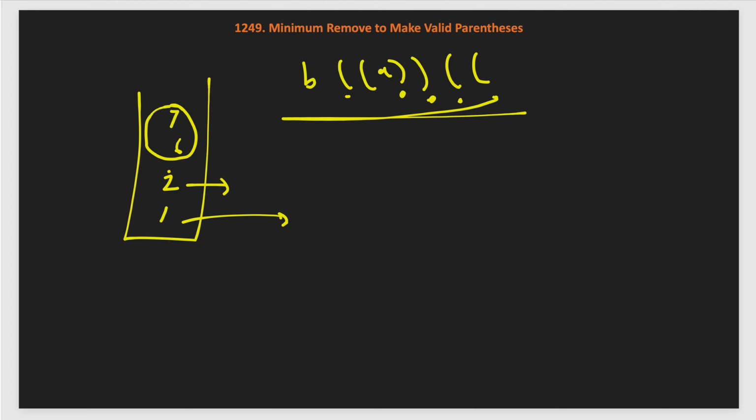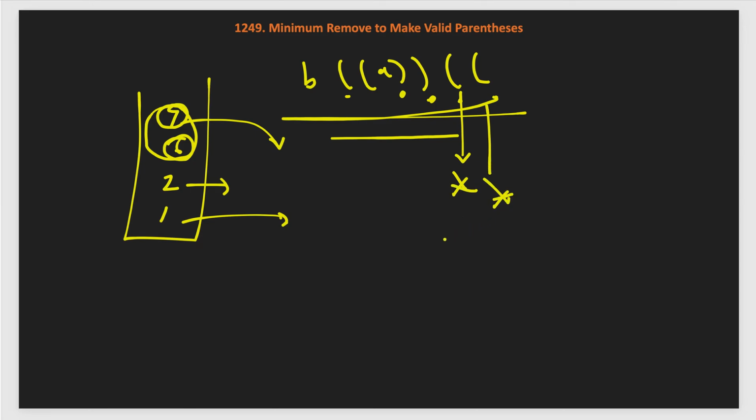So, in that case what we will do, in the first pass we do this, and in the second pass we will again go to the stack and check and mark. Basically, we already noted the index of our open parenthesis. So, we will just process this stack and fetch all the indices and update them with a special character, let us say star.